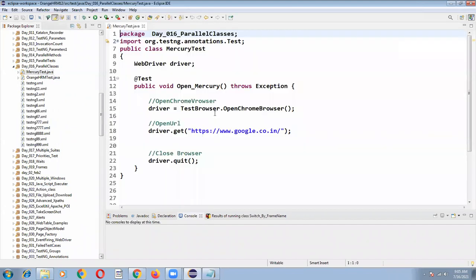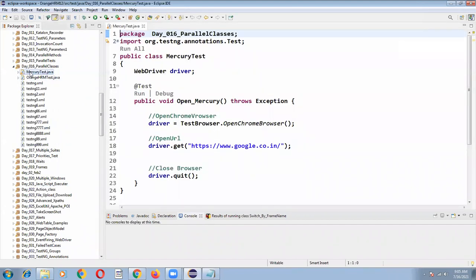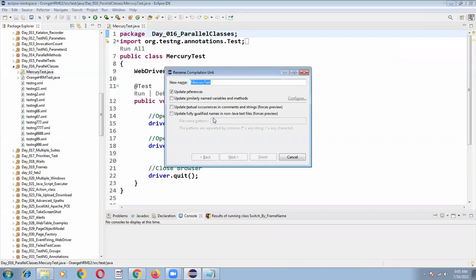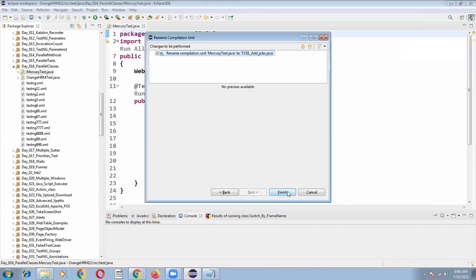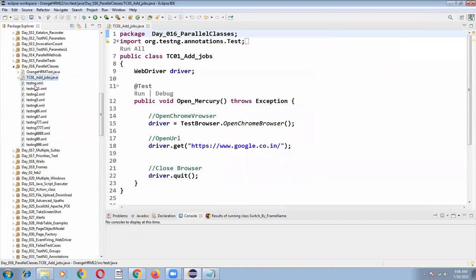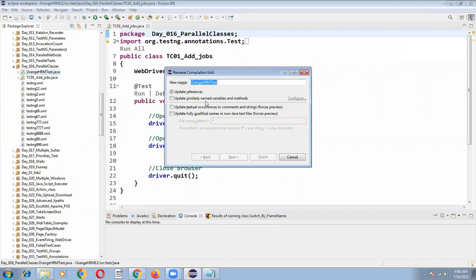So let us assume this test is related to TC01 add jobs, and your set of driver instructions are executing for add jobs. And this is for TC01 add skills, TC02 add skills.